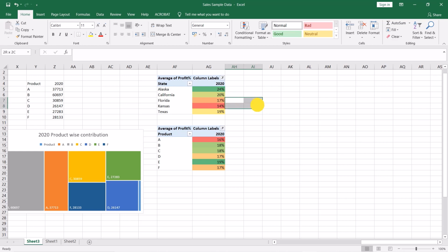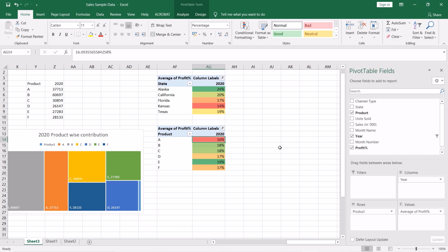They are supposed to introduce a new marketing campaign or take other action to increase the profitability and increase the sales. Here product A is the lowest profitable product with 16% and product E is the highest profitable product with 19%.